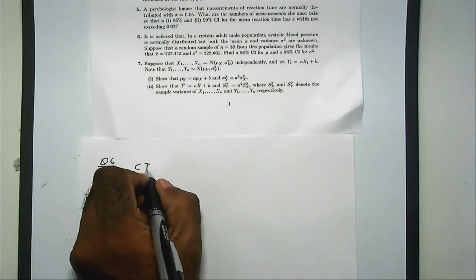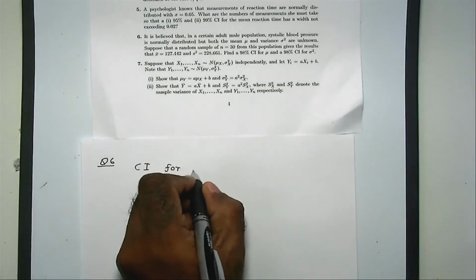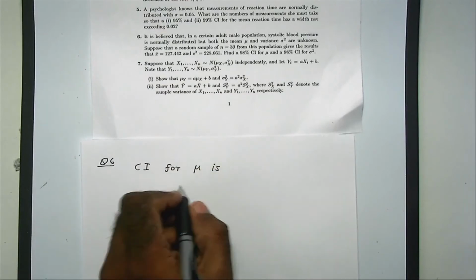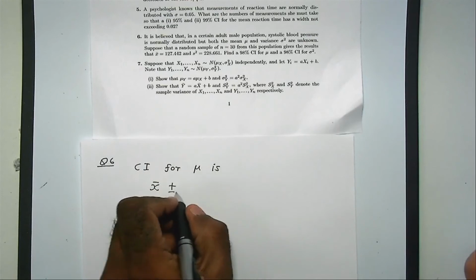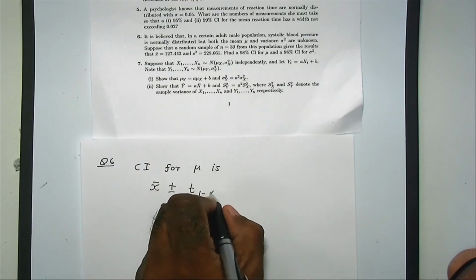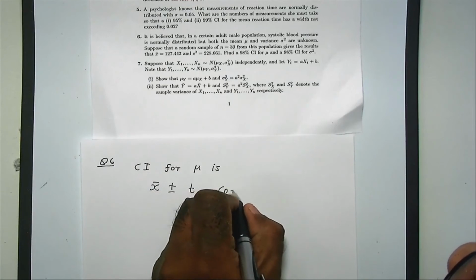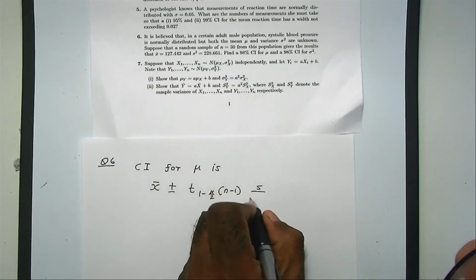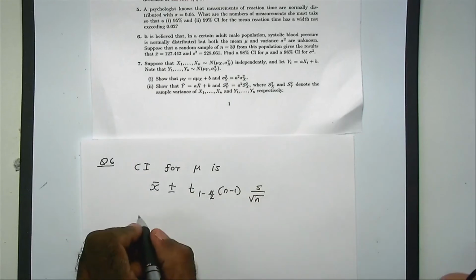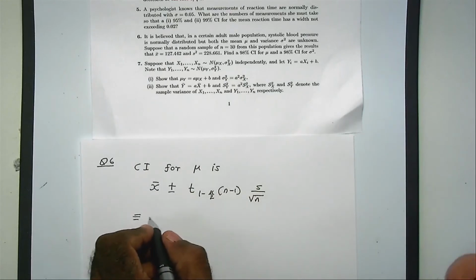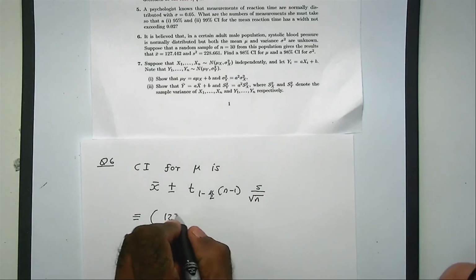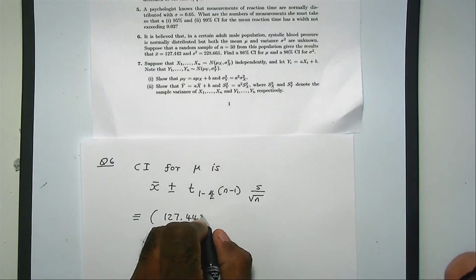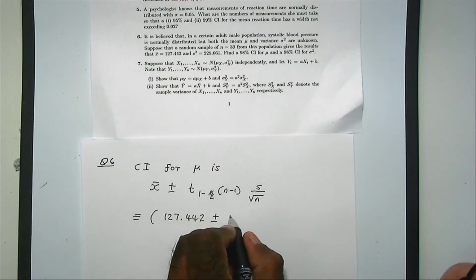The confidence interval for mu when sigma squared is unknown is the following: x bar plus or minus t with n minus 1 degrees of freedom times s divided by root n. Okay, so if you sub in the numbers, you have x bar equal to 127.442 plus or minus, your alpha is 98, so